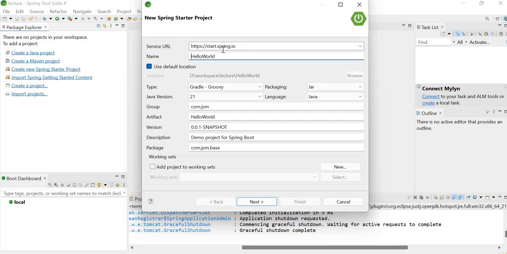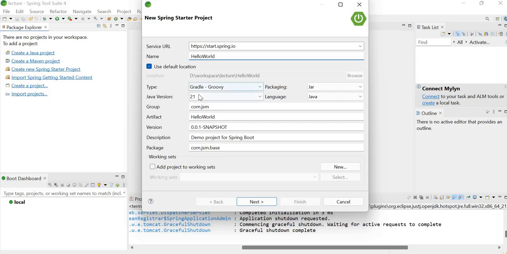This is a URL provided by Spring IO. Before this, actually there is another option also. Just go to this Spring IO website, create a project over there, then download the zip file, unzip that zip file, and then import that in your Eclipse. So instead of doing all this stuff, you can directly create the project from here.